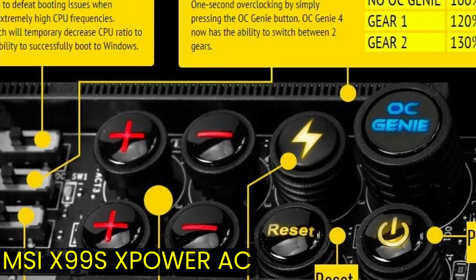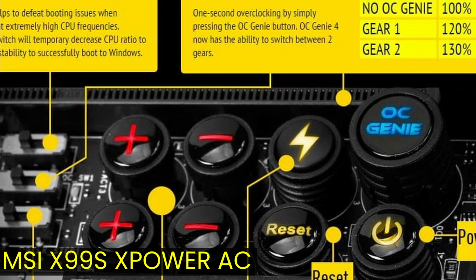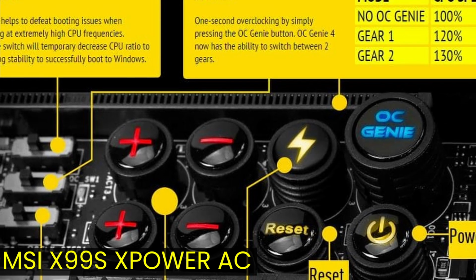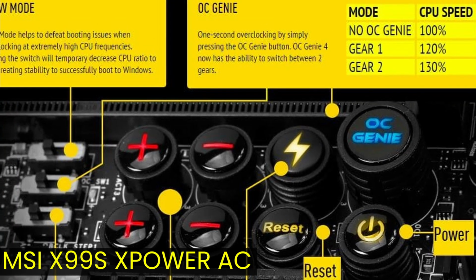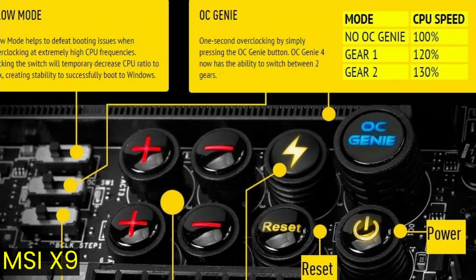Also, on the HEDT X99 platform, the implementation was the same, at least on the first generation launched in 2014 together with the Haswell E processors. Then, in August 2015, something changed. When Intel launched the 6th generation Core processor codenamed Skylake and its Z170 chipset, MSI put the OC Genie back